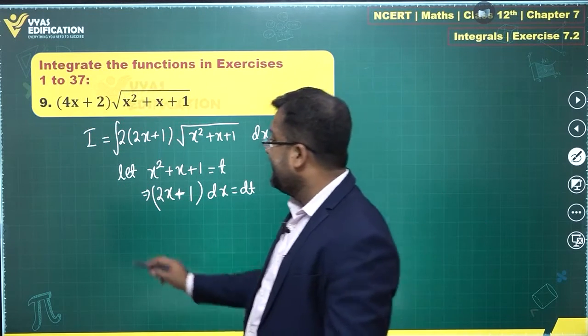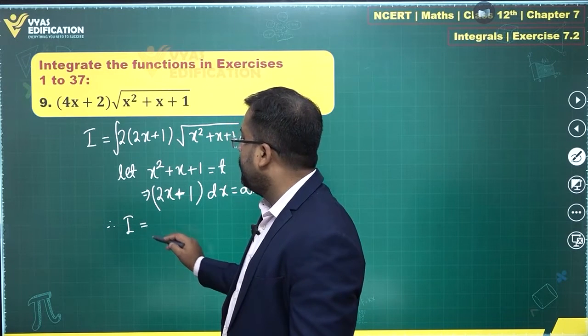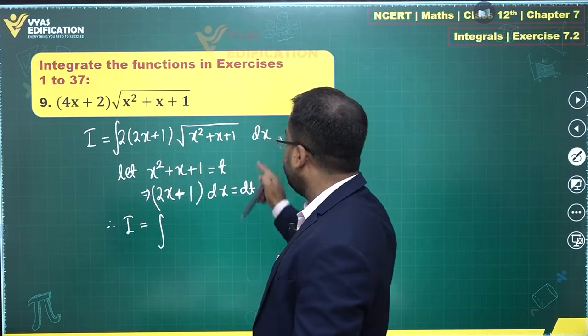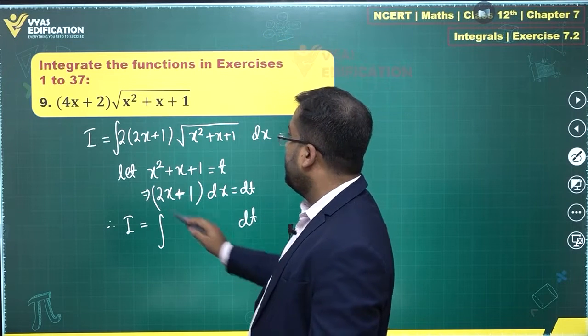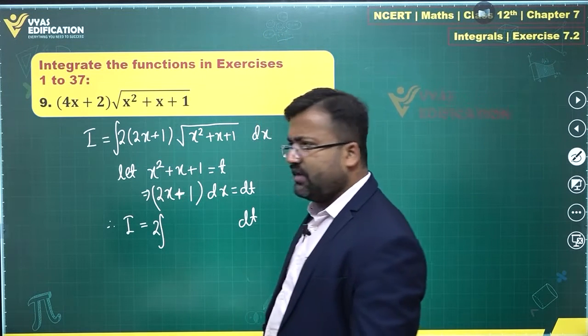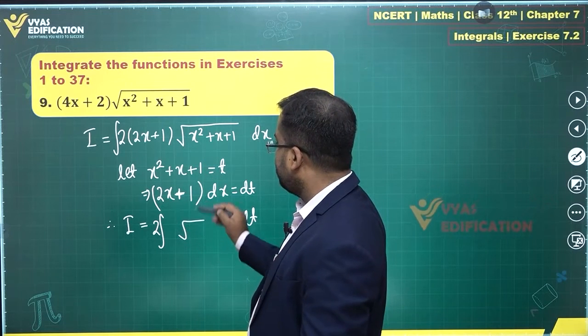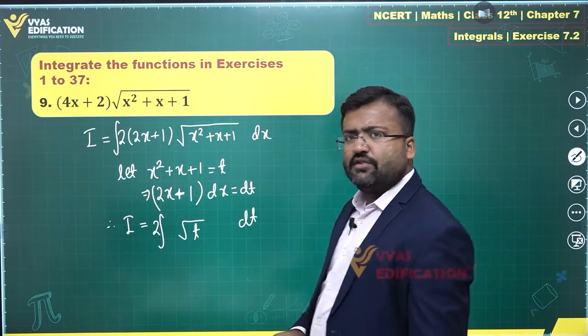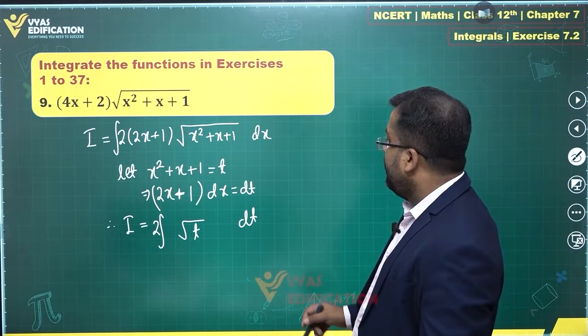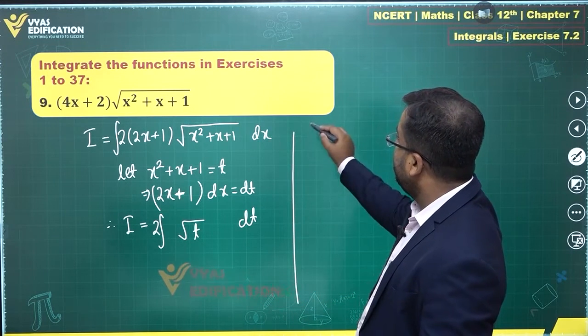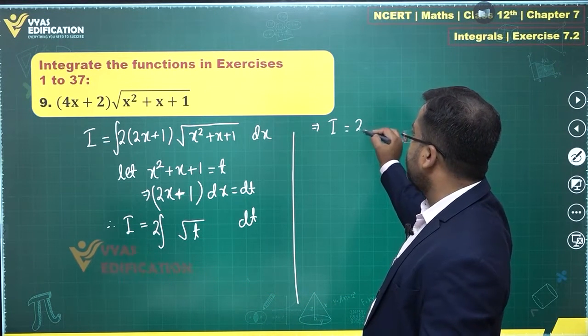Therefore, integral I simplifies to what? I will be equal to the integral of (2x plus 1) times dx, which is dt. There's a 2 remaining outside. That will remain over here. That can go outside the integral. This is root of x square plus x plus 1, which is root t. That's pretty simple, which gives me I is equal to 2 times